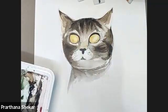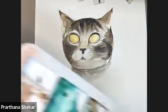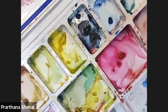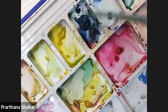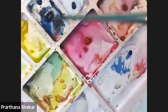The next step, now you take dark blue. Dark blue is called Prussian blue. So I have Prussian blue here. I'll take this Prussian blue and add. So first let us take only Prussian blue here, and then